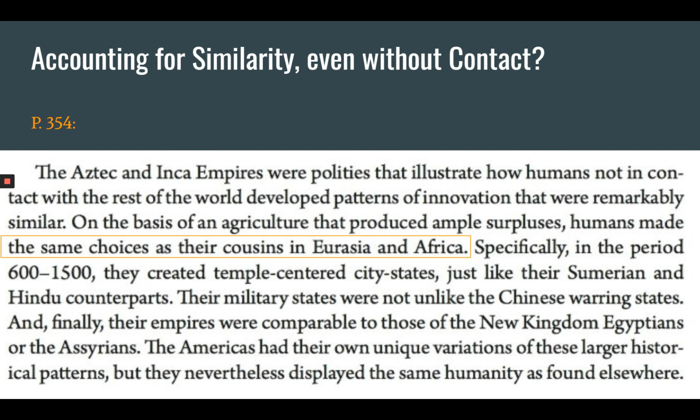So I leave the question to you. How do we parse the histories of the Americas and Africa before colonialism, before colonization, given the differences between Africa and the Americas and the similarity that we see between Africa and the Americas? And how do we also understand our own view, in particular of Africa today, in light of the past 500 years? And hopefully this is something that will be useful for you to talk about in discussion.